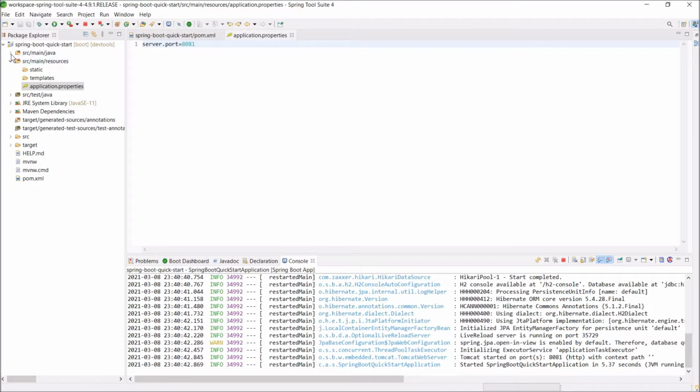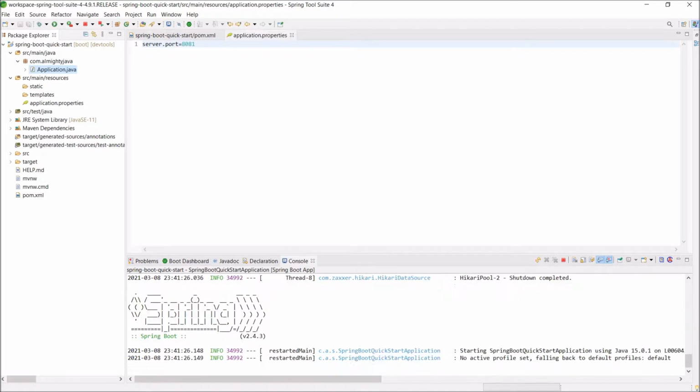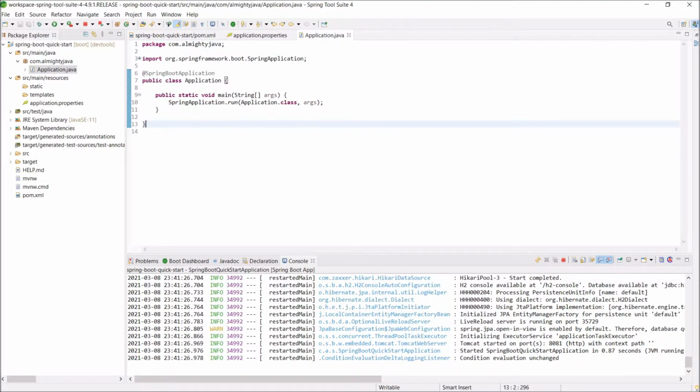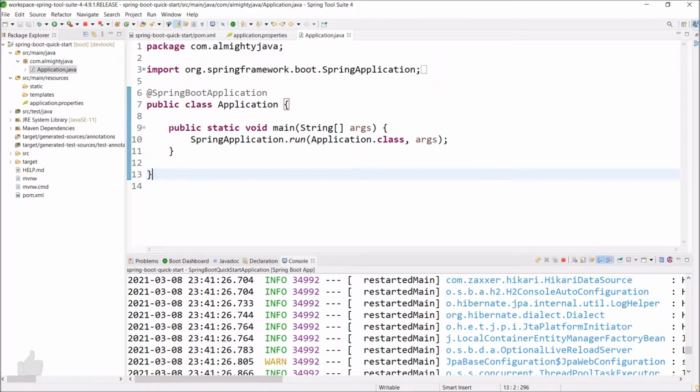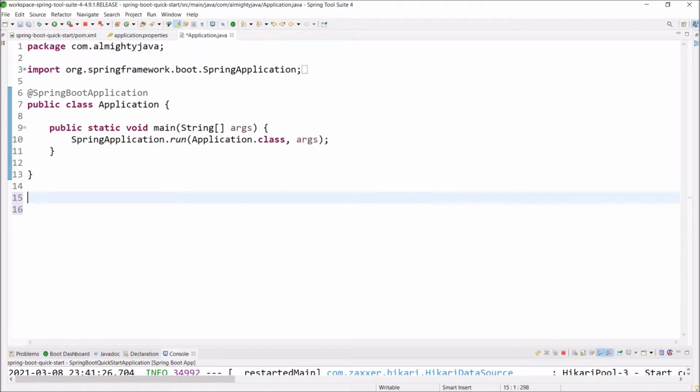So here, first I am just changing the package name and the main class name. Now let's open the application class. Here, I'm not going to create any new package or class. In this file only, I'm going to add the required code. So first, let's create the REST controller class. Here, for the class name, let's give BookRestController. Annotate this class as a RestController.